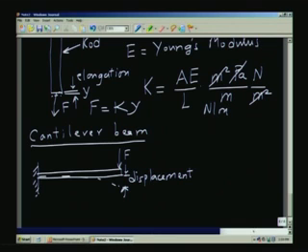Again, in this case, if the Young's modulus is E and L is the length of this cantilever beam, and I is the moment of inertia of the cross section. So, this is actually a case of bending,